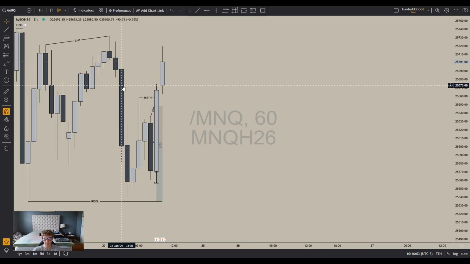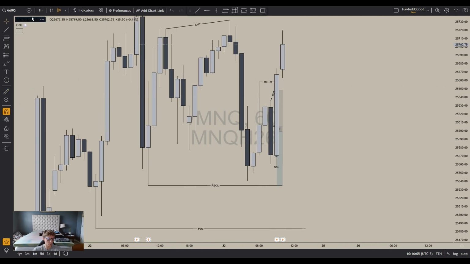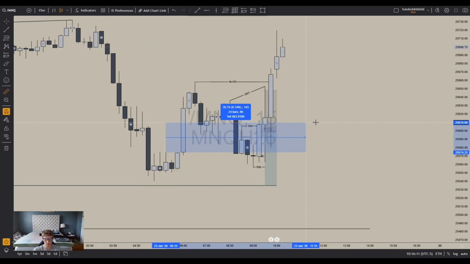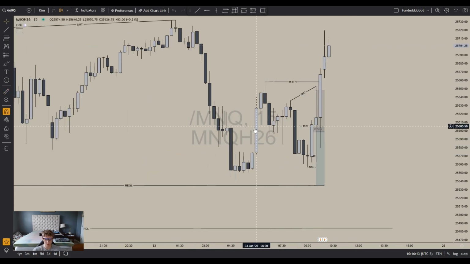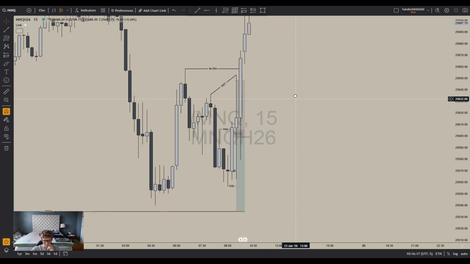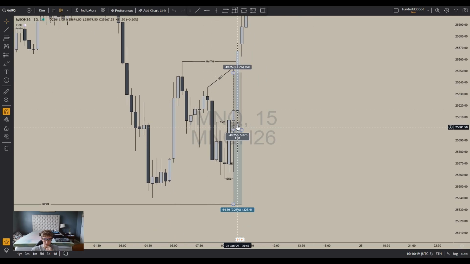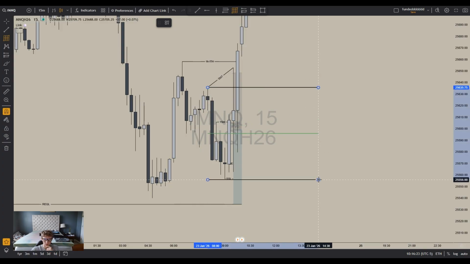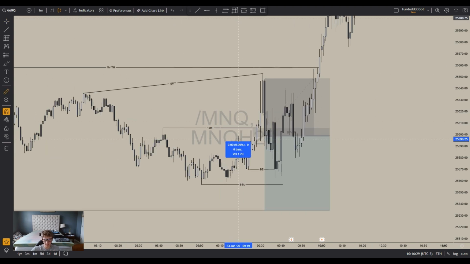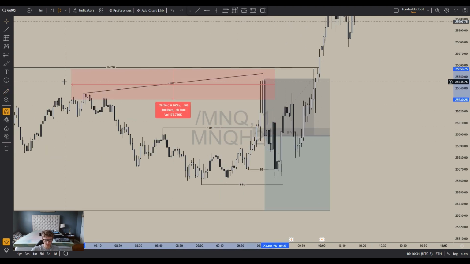So I wanted to see a rejection from here or a rejection from this 15-minute gap that also inversed this gap right here, showing nice confirmation. So it taps right into this 15-minute, that's also in equilibrium or a discount, right? It's nice. And then we get a SMT,